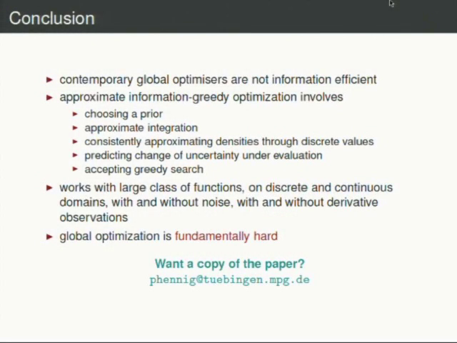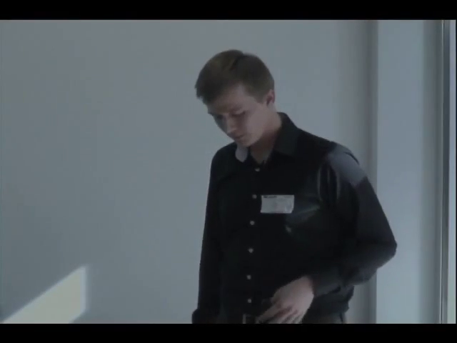Okay, so here are the conclusions. I argue that current contemporary global optimizers do not have an information gathering view. So in that sense, they're not information efficient. That doesn't mean they're bad, they're just not information efficient. And if you want to construct an information optimal global optimizer, then you're faced with a number of intractabilities,